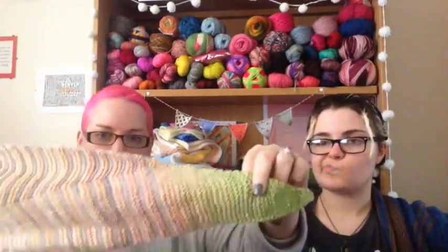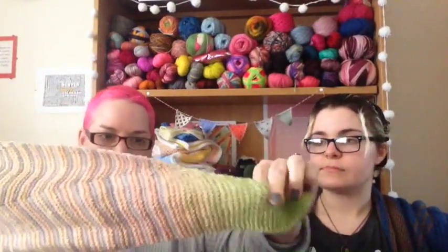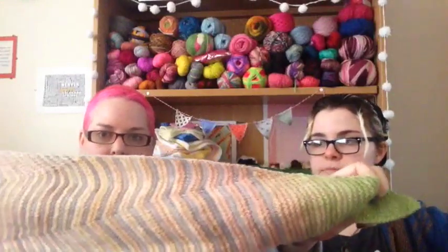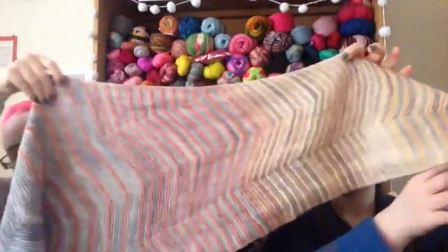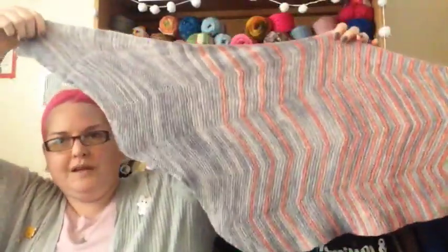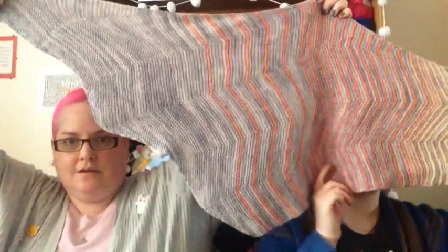I love how it turned out. So you can see I started with the handspun. It's a gradient. And then I slowly added in the Dove from Jess. And it's got a really, really unique shape to it. I really loved how it turned out. I thought I was going to have to pin it,